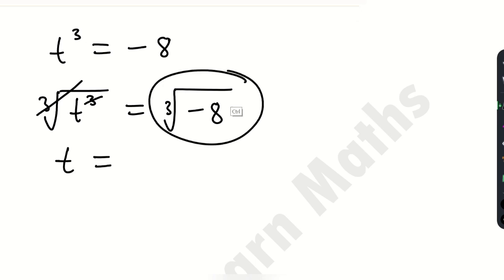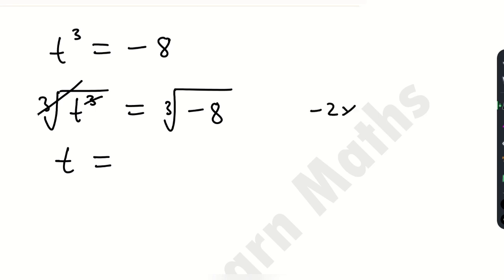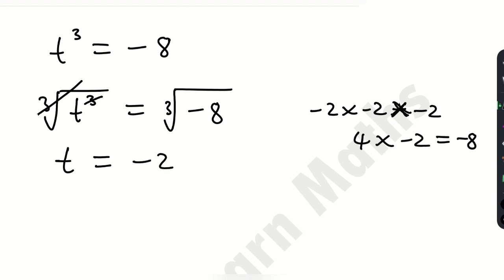What is the cube root of -8? Give me a number that, when you multiply it by itself 3 times, will give you -8. -2 times -2 times -2. Let's see if this will give us -8. So what is -2 times -2? That's 4. And what is 4 times -2? That's -8. So the cube root of -8 is what? -2. But as you can see from the thumbnail, we are meant to find the three solutions to this equation,